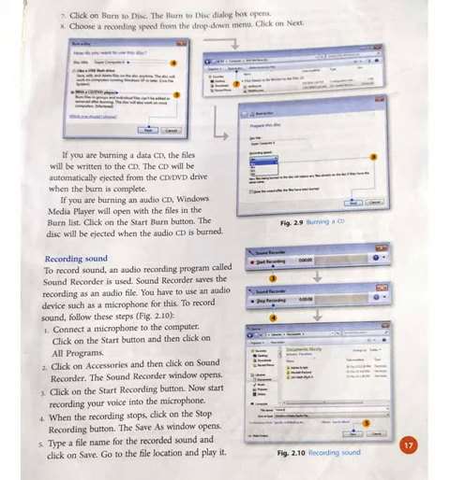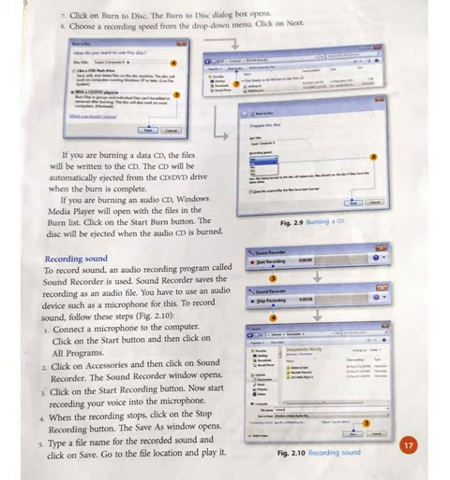First of all, you have to connect the microphone. Without a microphone, you cannot record your voice. You need the microphone to record your voice. Then you have to open the Sound Recorder program and click on the Start button to start your recording, and after completing it you have to click on the Stop button. Then a Save As window opens, you have to type your file name, then click on the Save button.